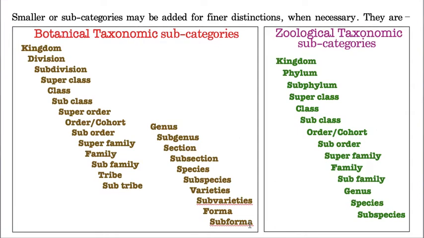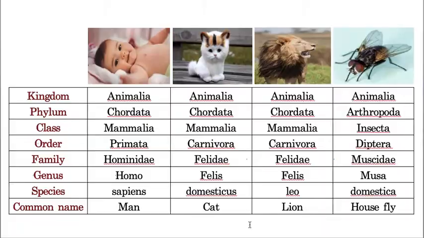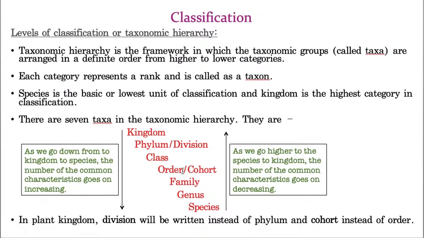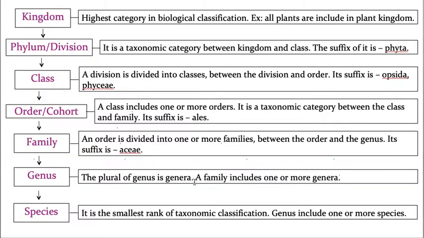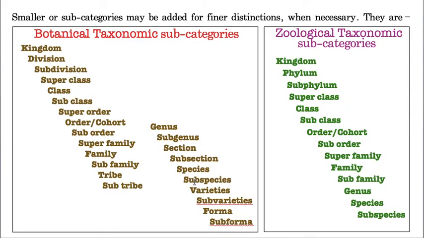But frankly, I'm telling you one very important thing. Usually 95 plus percent of the scientists follow this normal classification only. Out of 100 scientists, only 5 follow this finest level of classification.